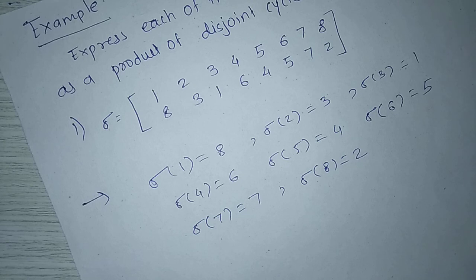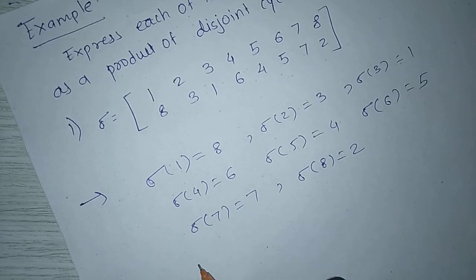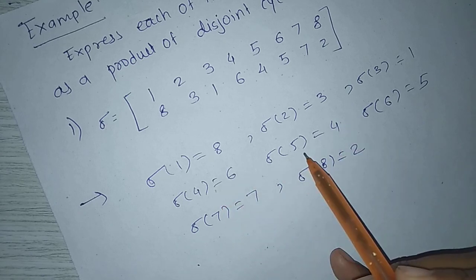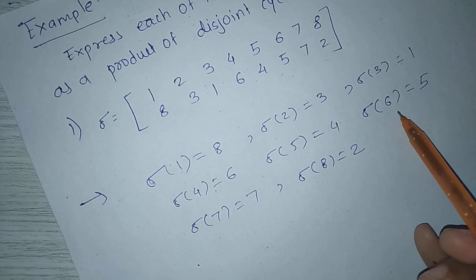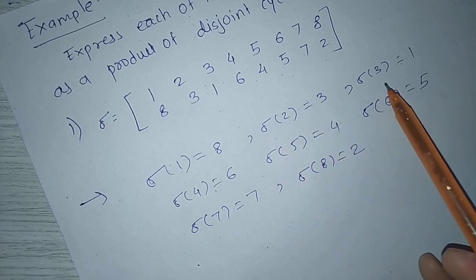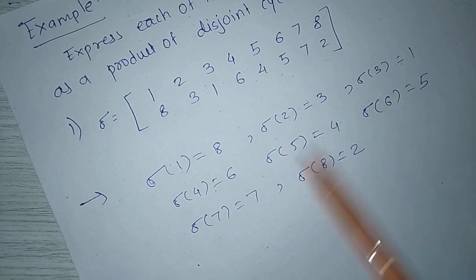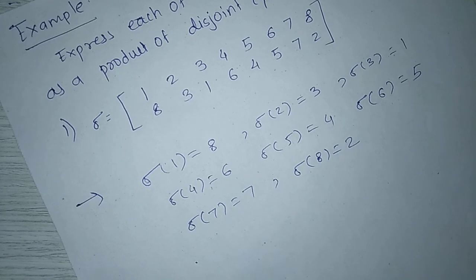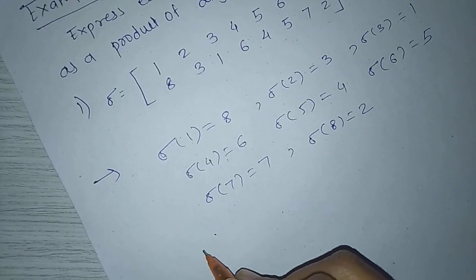First, we start with a number not covered in the obtained cycle. Suppose we start with 4. Then sigma of 4 equal to 6, sigma of 6 equal to 5, sigma of 5 equal to 4, sigma of 4 equal to 6. Hence, the new obtained cycle is 4, 6, 5. That is